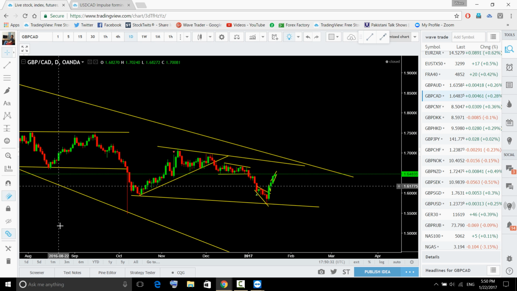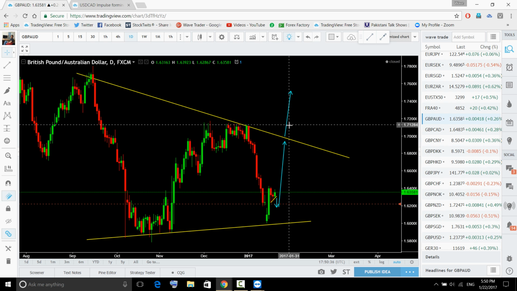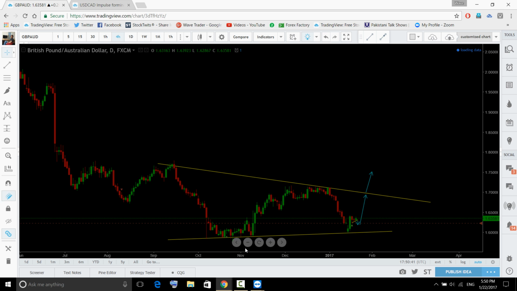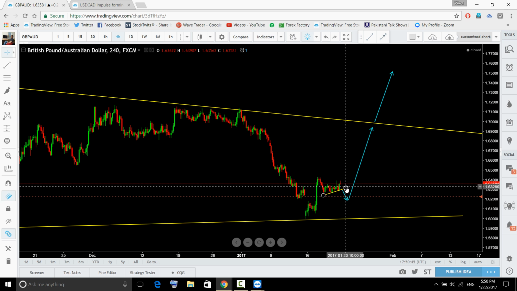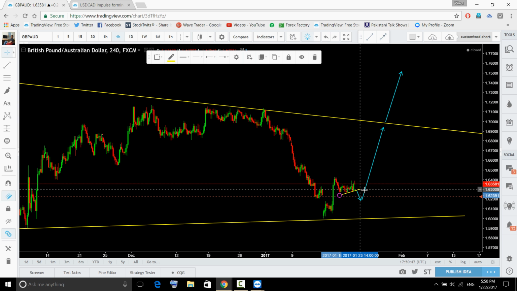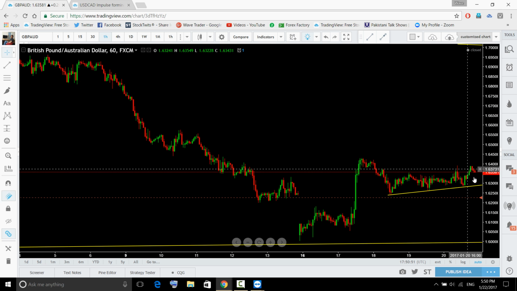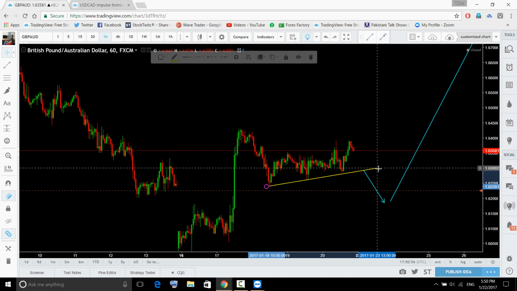Okay, so the next pair is pound Australian dollar. Yeah, same as the other one, the same as the pound and dollar. Okay, so you can see over there on pound and dollar